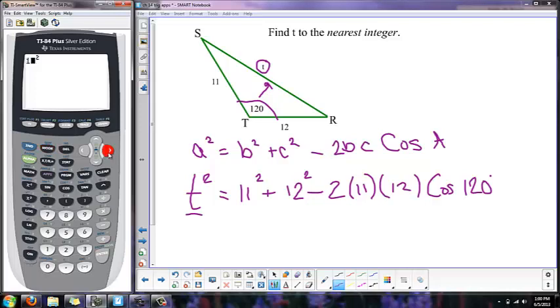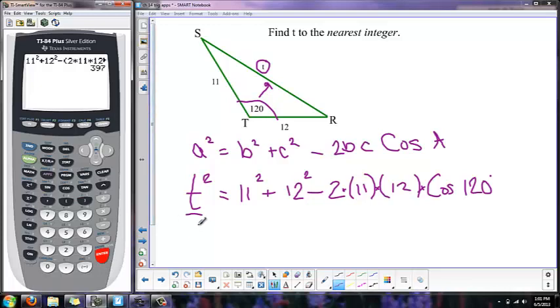So I have 11 squared plus 12 squared minus, now all of these numbers are being multiplied by each other, so the way that I like to do it is type into the calculator minus and then put all this stuff in parentheses just so that the calculator doesn't get confused with what you're trying to do. 2 times 11 times 12 times the cosine of 120, close the parentheses, hit enter,